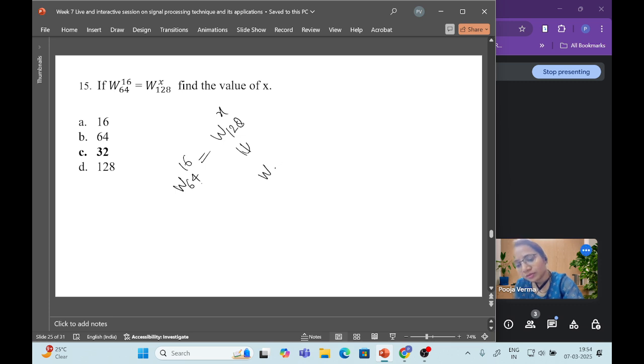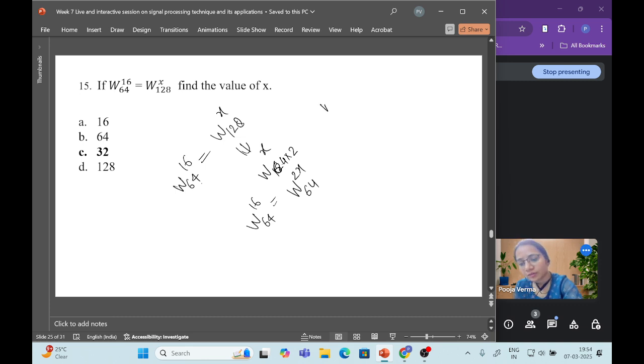W 64 into 2 into X, right? We can write it like this, 16 into, yeah. So 2x into 64, we can write here it is 64 into 16. So this n value is same. So directly we can,